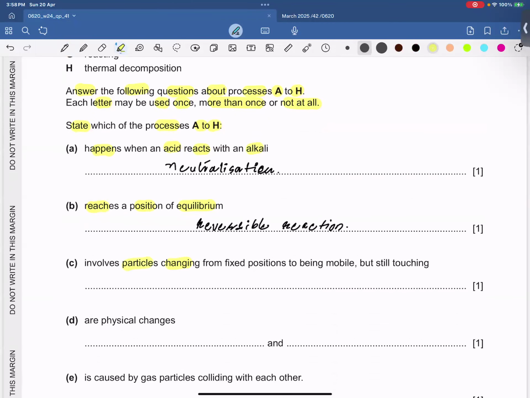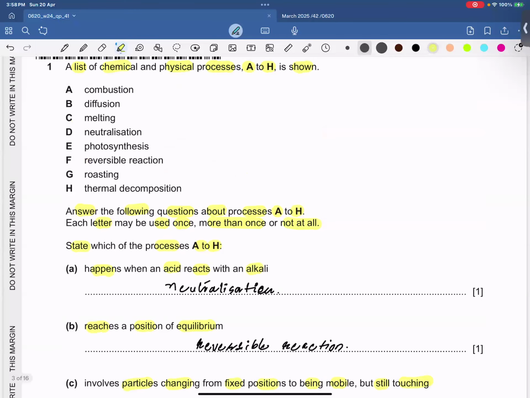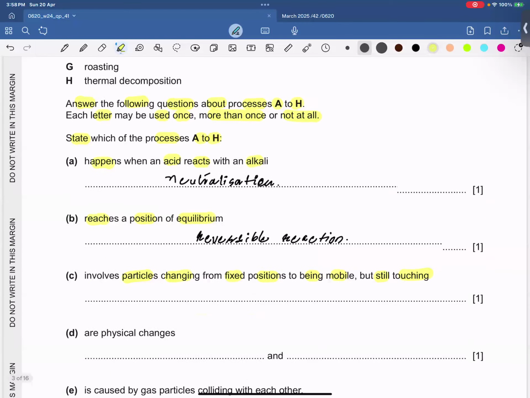Involves particles changing from fixed position to being mobile but still touching. Melting, because